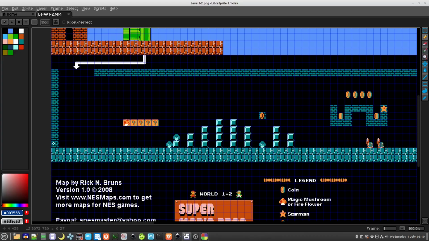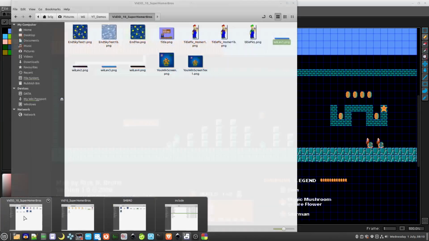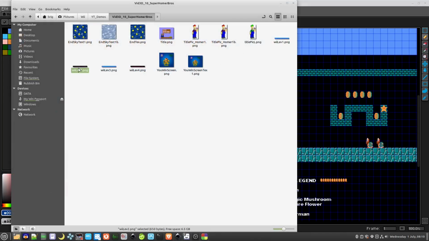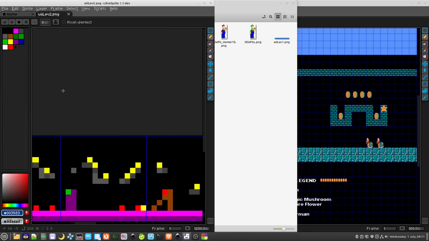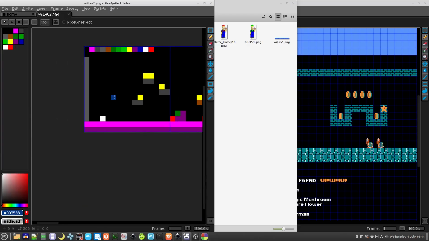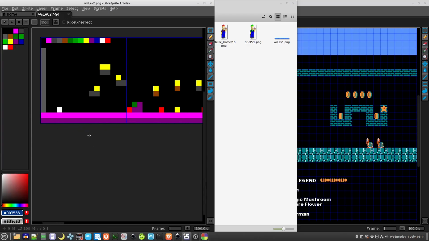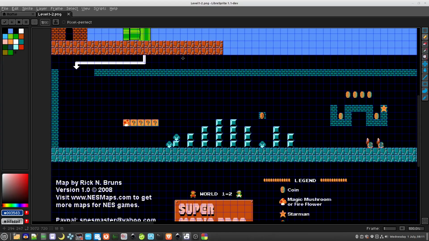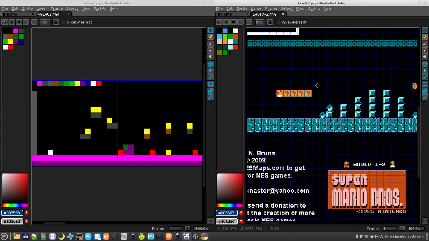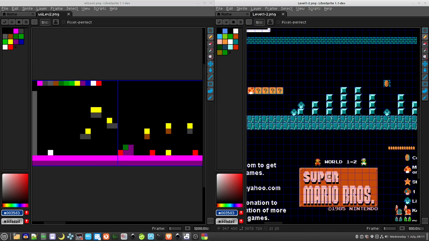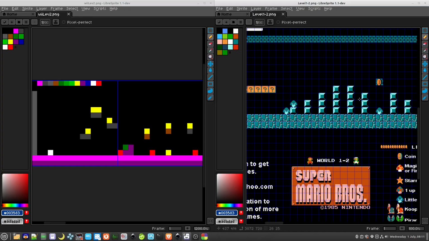And again, you've got the bricked out bit here. So if I open up the second level in here, it was loosely based off of this, but then I changed it even more,